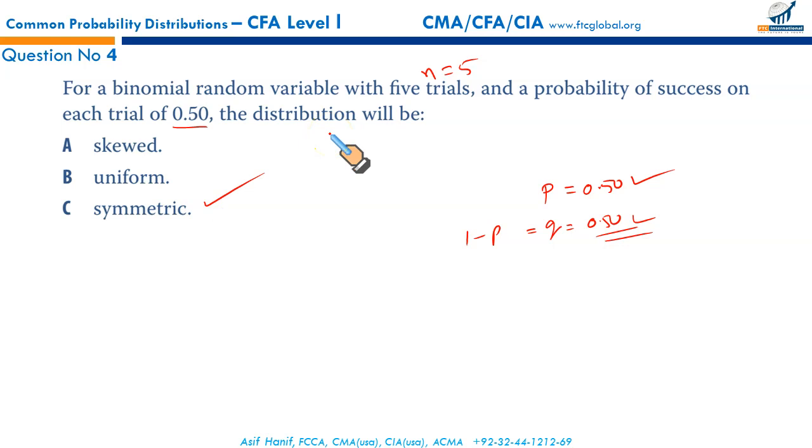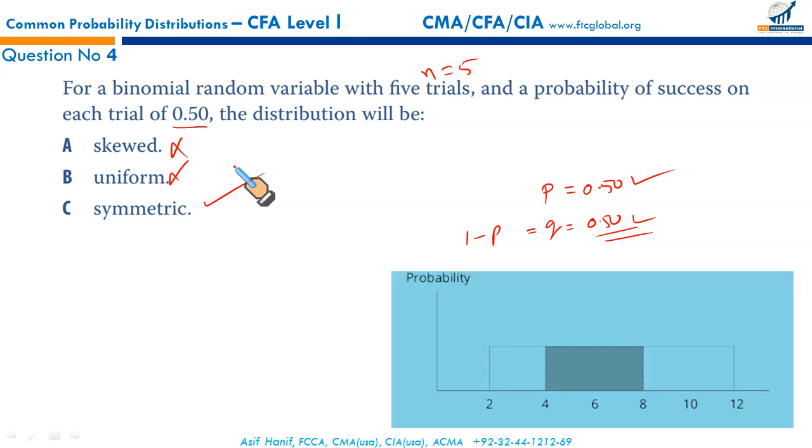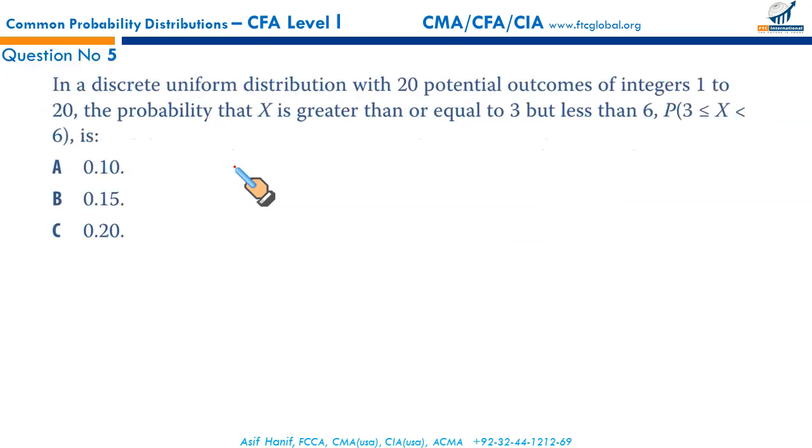And if it's not so, then it would be asymmetric. So clearly it is symmetric. That makes C the correct option. Moving on, in a discrete uniform distribution with 20 potential outcomes of integers 1 to 20, the